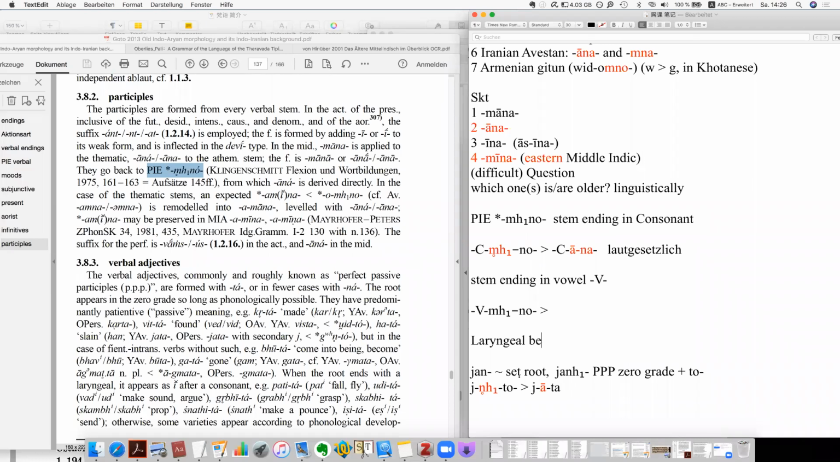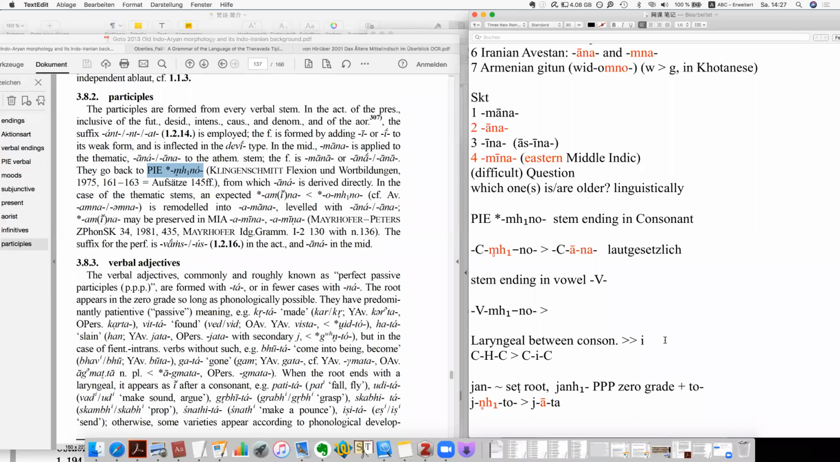Laryngeal between consonants becomes E. So like C, H, C will become C, E, C. So this is a regular sound change, and this is also the reason